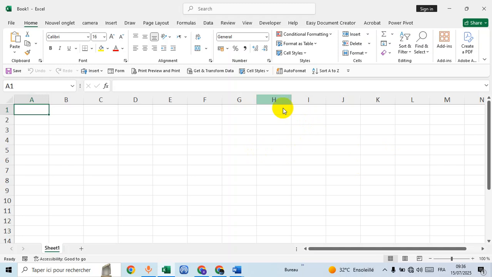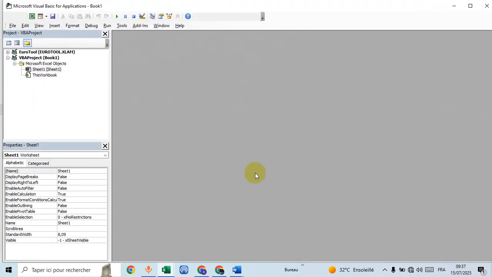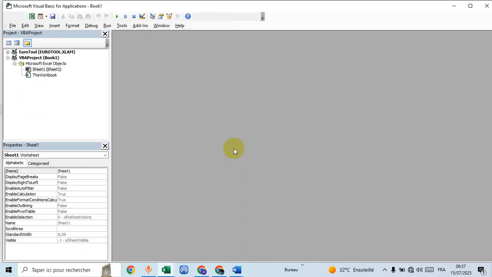So first of all, go to Developer, then Visual Basic, or just press Alt F11 to open the VB editor. So go to Insert, then Module,